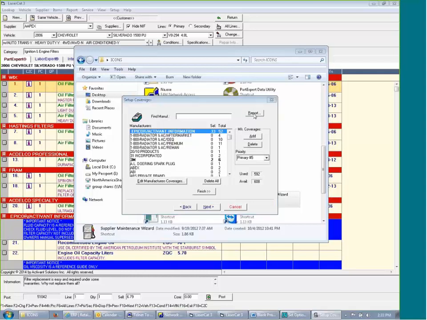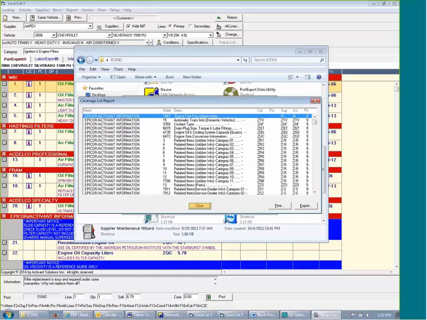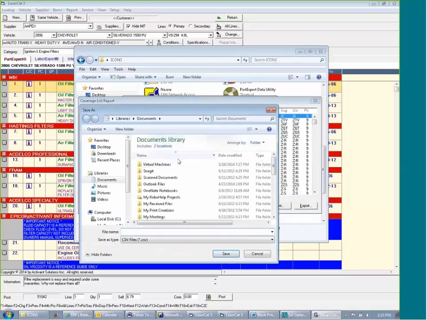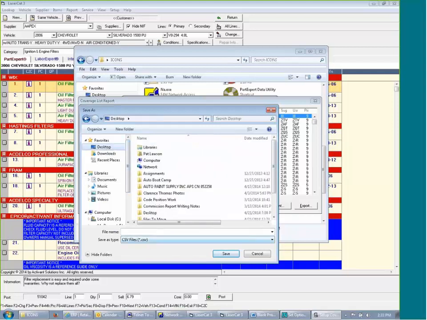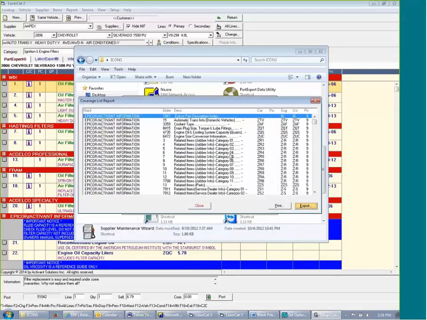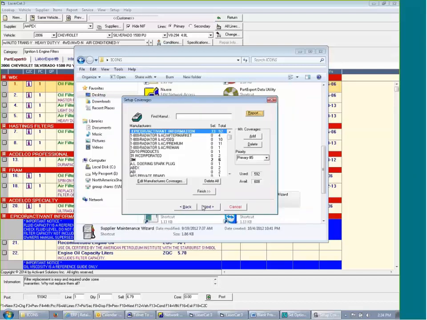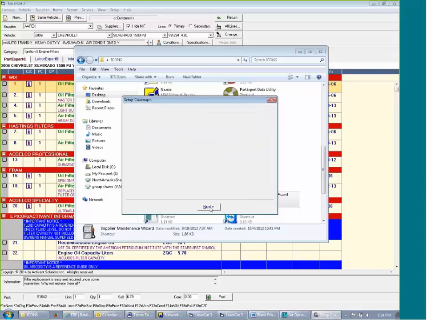Yesterday, you remember I printed the report out of CT line? Well, it's as simple as doing this and opening it up and exporting the same file directly over to my desktop as a CSV file and opening it up in Excel. So I can still set up the lines, pump it out, put it in Excel, and work with it and make my changes and then come back to this report, back into supplier maintenance and change them. Okay? So this is supplier maintenance so far, but it's got some functionality that not only matches CT price,